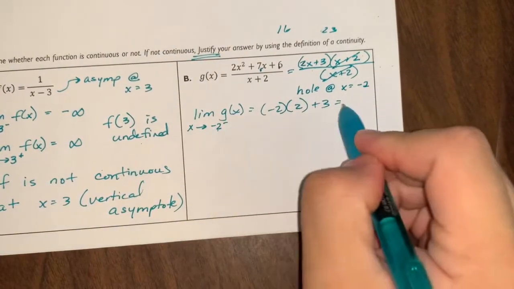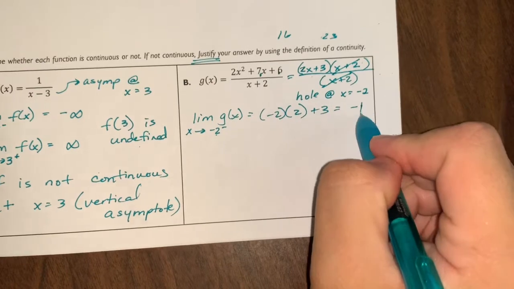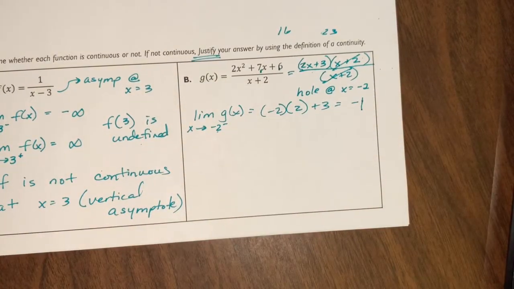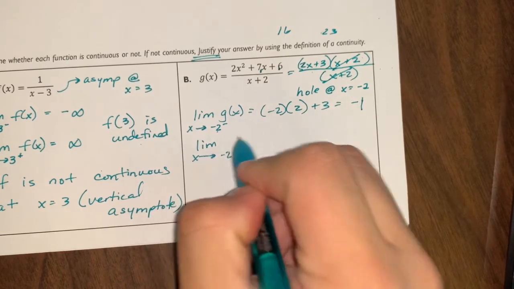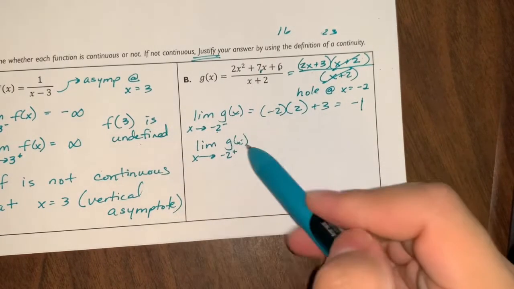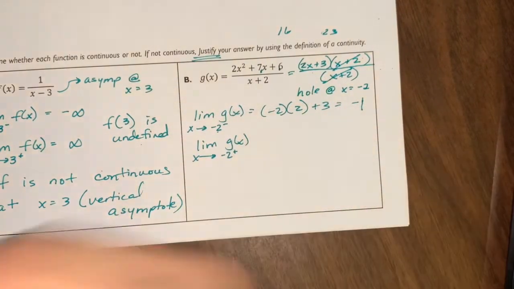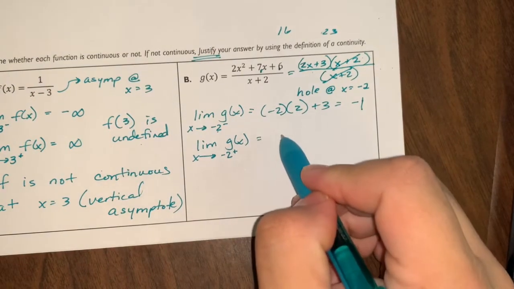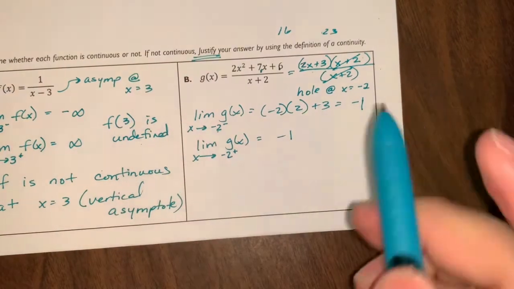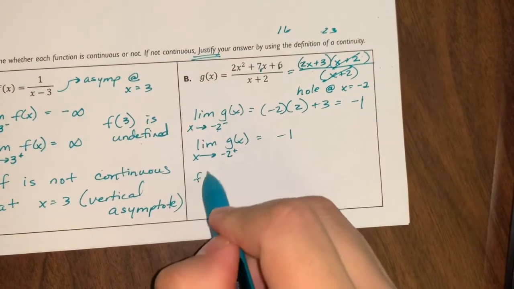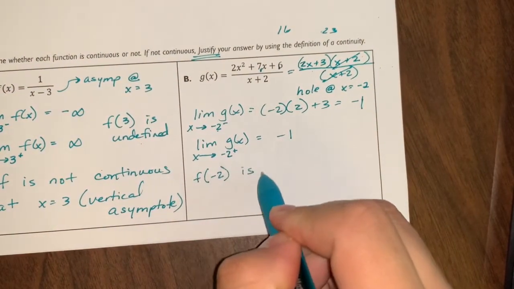And I'll end up with negative 4 plus 3, which is negative 1. All right. If I do the limit as x approaches negative 2 from the right of g of x, again, I can just plug in negative 2 into this, and I get the same thing again. It'll be negative 1. But the problem is g of negative 2 is undefined,